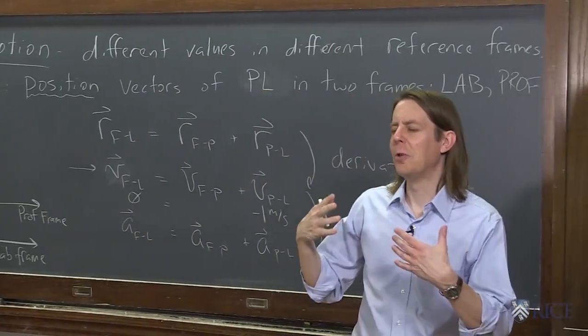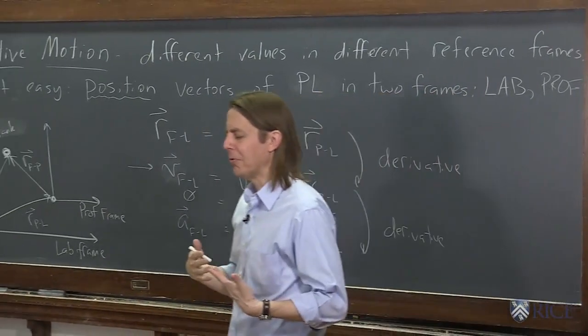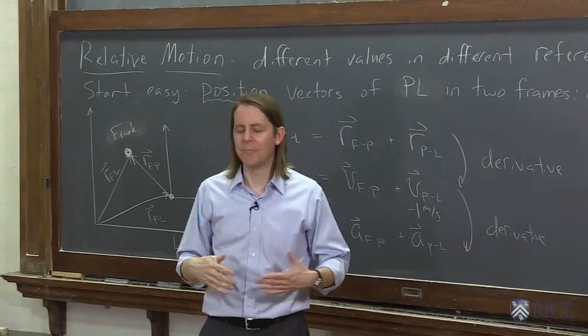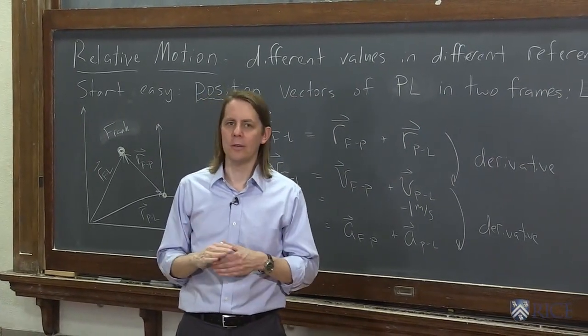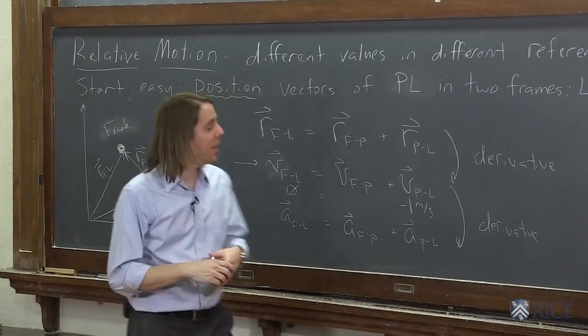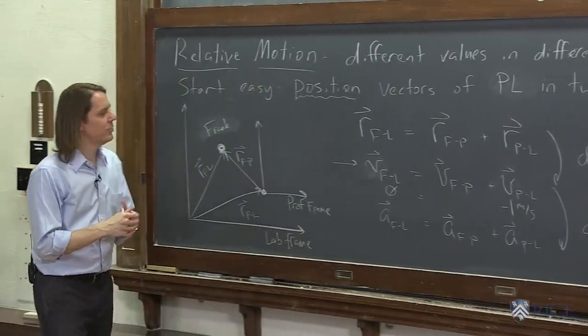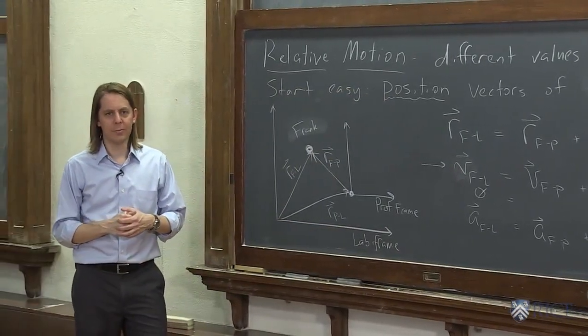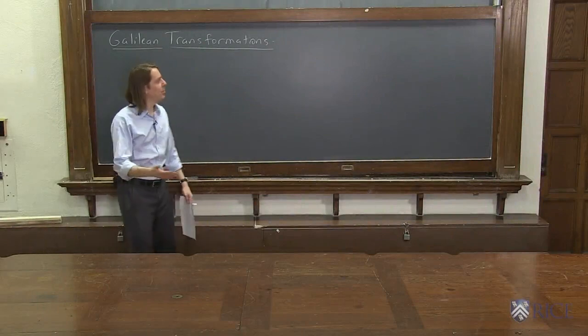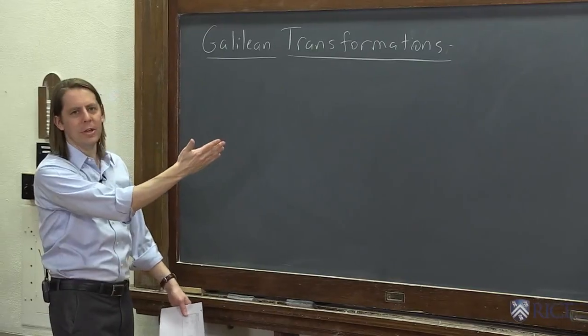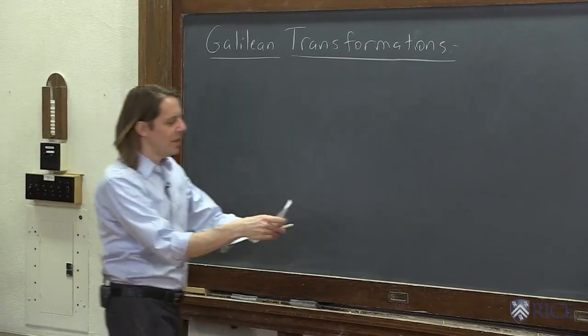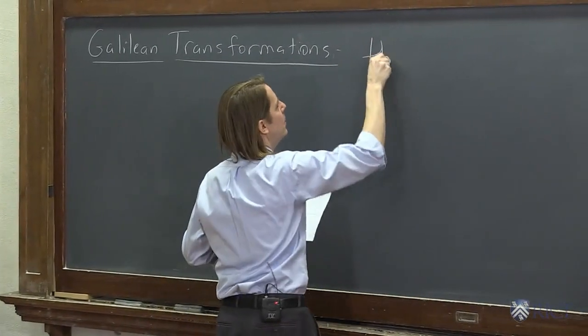Now, some people have trouble envisioning their own frame of reference. They're so used to thinking about the ground. But for faculty, for professors, we're actually quite good at it, as you can imagine. So now what we're going to do is see how we can use this for typical physics problems. Now we're going to talk about what happened when Galileo went through puberty. No, just kidding. Now we're going to talk about the special case